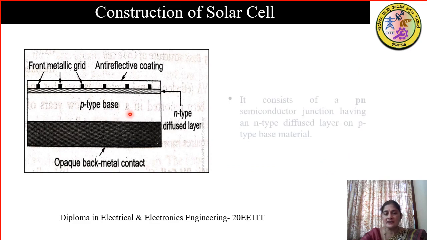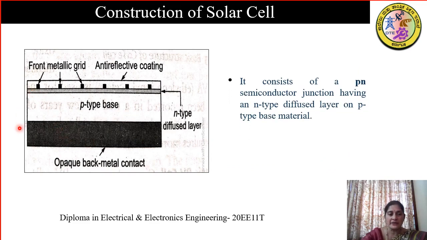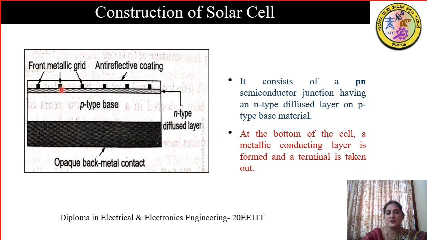Thus, a basic solar cell consists of a p-type semiconductor and an n-type semiconductor. You can see that p-type is thicker while n-type is a diffuse layer, because when we say p-n junction, it does not mean that we attach p and n-type together and form a junction. There's a process where the n-type material is grown over the p-type. That is why we call it an n-type diffuse layer. So we have a p and n type junction, and we have an opaque metal contact. Opaque means it does not allow light to pass. We have a metallic contact at the bottom and also at the top.